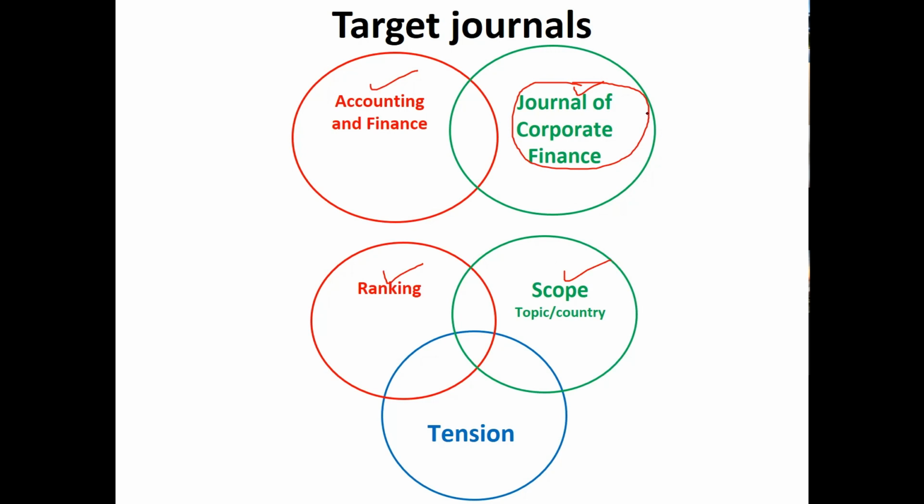So Journal of Corporate Finance also publishes Australian studies, US studies, Chinese studies. Accounting and Finance also publishes studies from individual countries. Journal of Corporate Finance really encourages papers that can solve the tension in the empirical literature. So as there was a tension, mixed findings, I was targeting Journal of Corporate Finance and Accounting and Finance